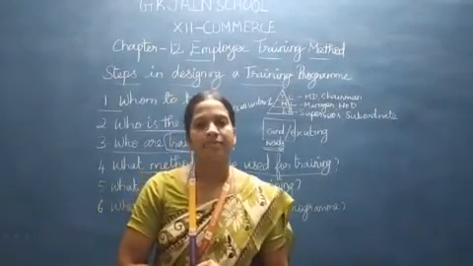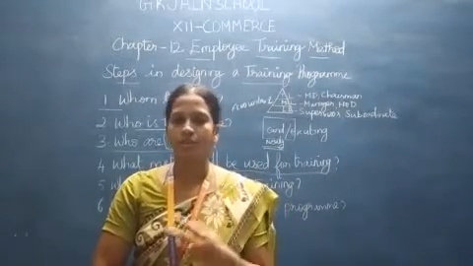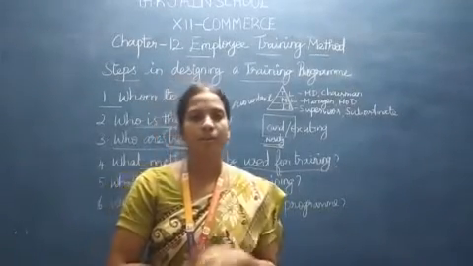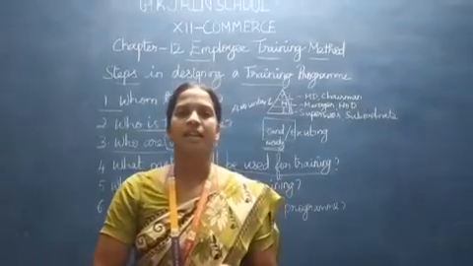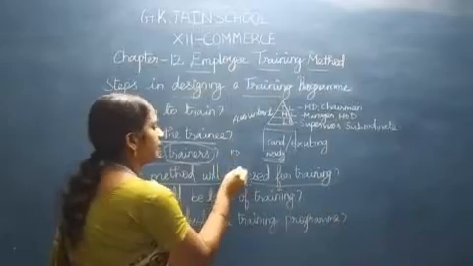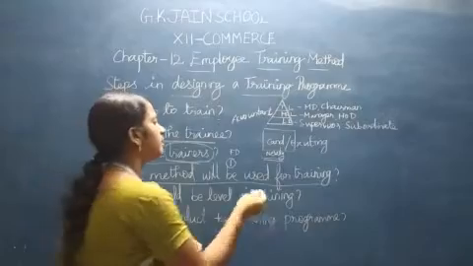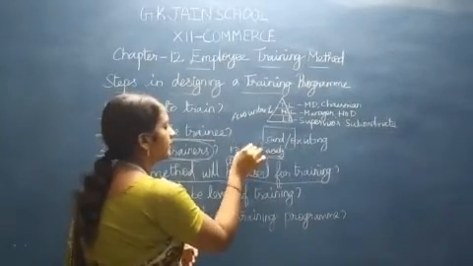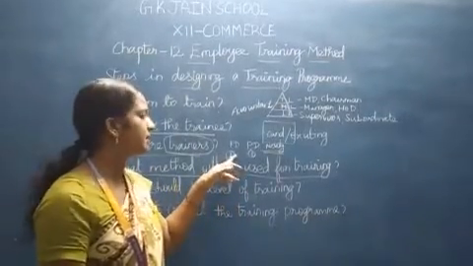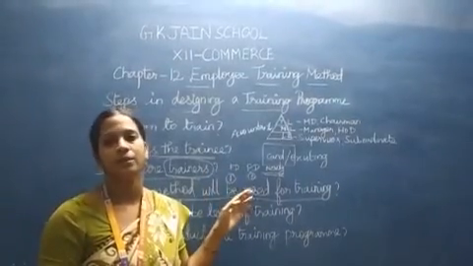Now we have the next type of job training. In the training, mainly it will focus on the two types I told. We have on-the-job training itself, and many examples can be given. Job rotation. Job rotation is this: let me take an example. I am working in the finance department, one person. They can be moved to the production department. For that also the training is necessary, because in the finance department he has a lot of information and knows how to handle the jobs, everything.